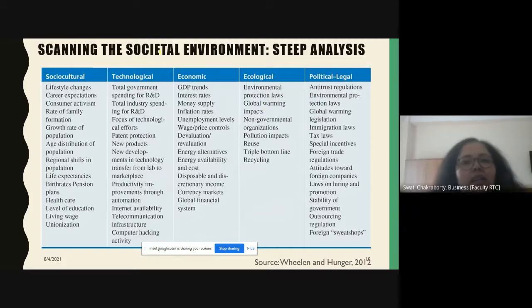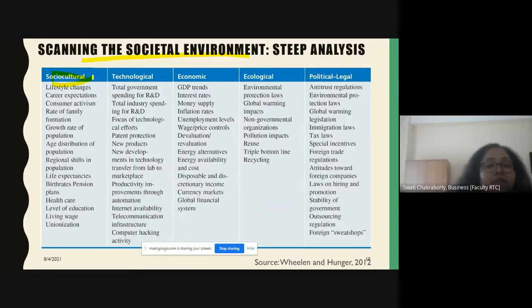Let's go into more detail. When we talk of socio-cultural, it's the lifestyle changes, career expectations, consumer activism, the rate of family formation, growth rate of population, age distribution, regional shifts, life expectancy, birth rates, pension plans, healthcare, education level, wage,